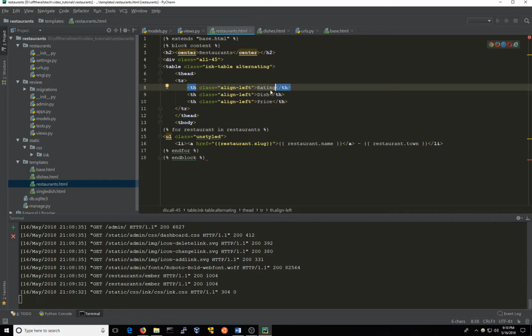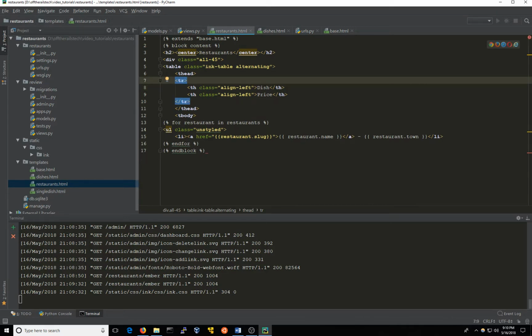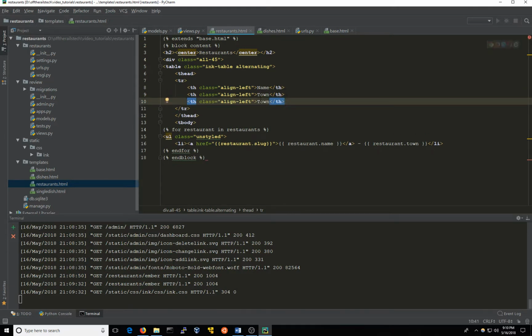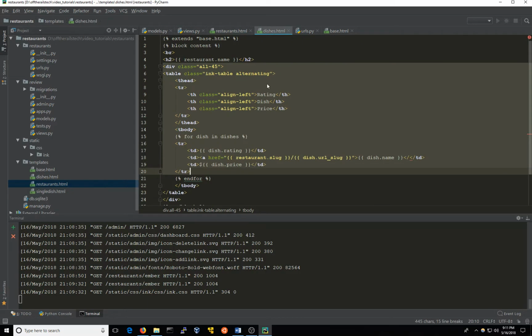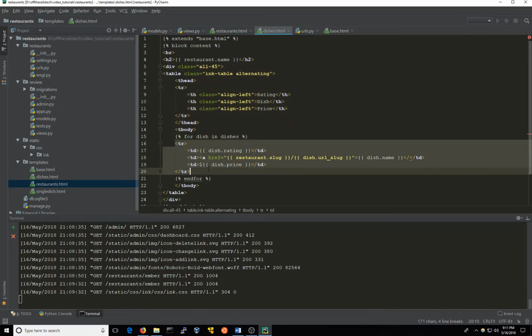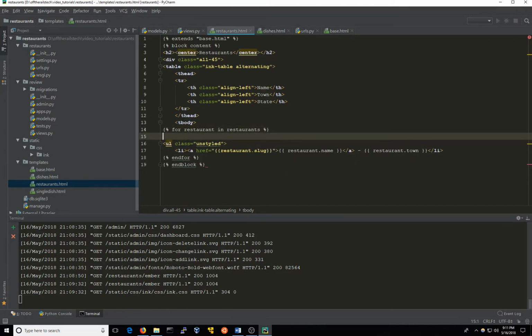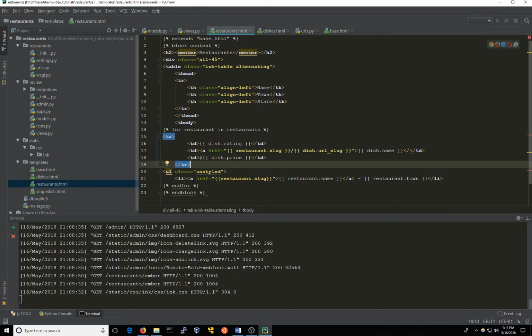So the first thing we're going to do is rating. Rating is something we're going to get back to because I actually want to have a rating on the main page. I think that would be very useful, but we'll add that in a little bit here. So we're just going to do name, town. Let's add state. I think that would be kind of useful information to have on the main page. So now we're going to start our tbody. Now we're going to get to the part that's going to be inside of our loop. Now we're in our for loop, and now we're going to take this